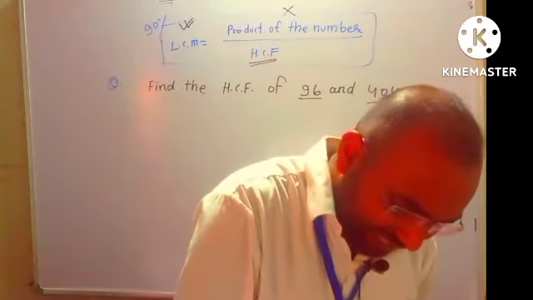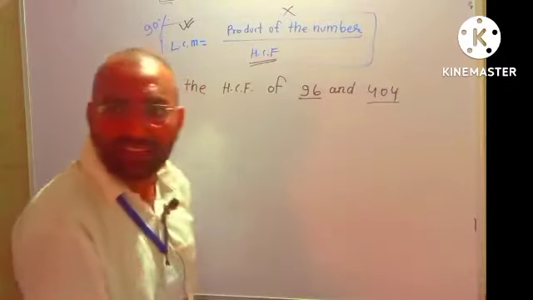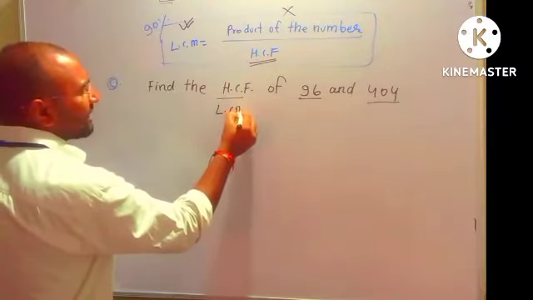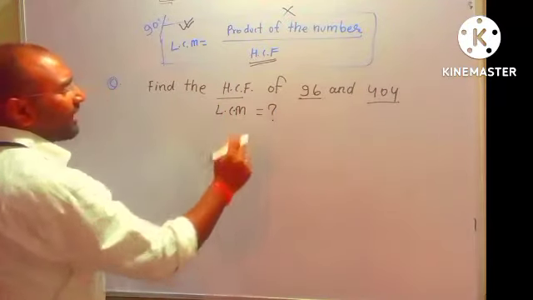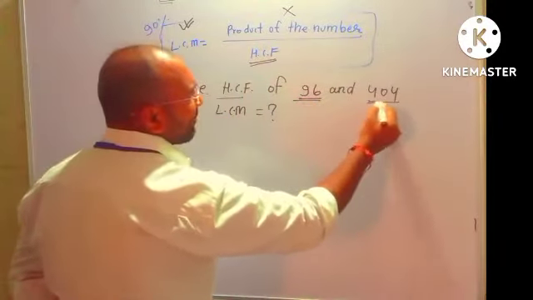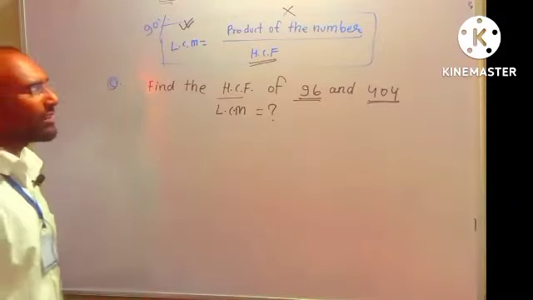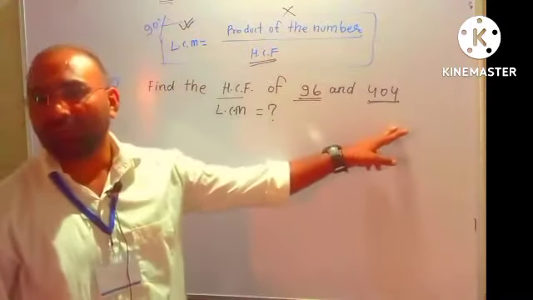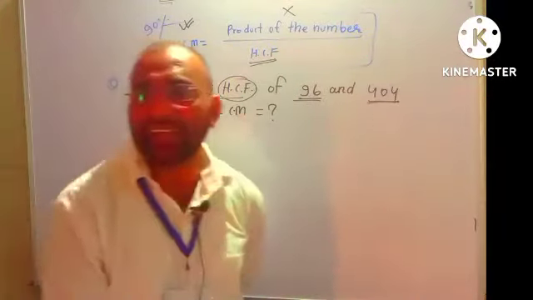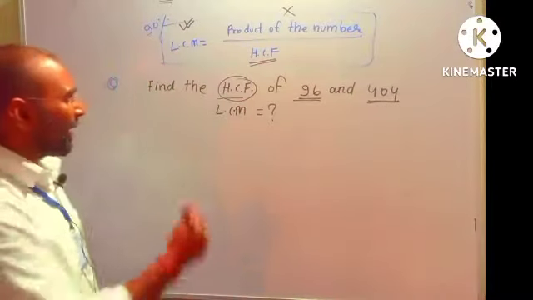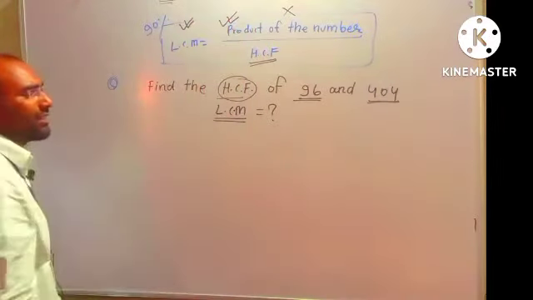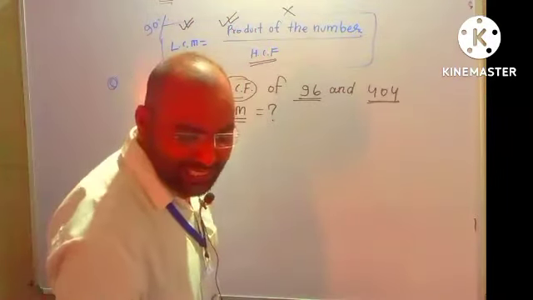इन दो numbers का क्या निकालना है? HCF. And after this we have to find out the LCM. उसके बाद इसका क्या निकालना है? LCM. Two numbers are given. First number is 96. Second number is 404. So first of all what we have to find out? HCF. सबसे पहले क्या निकालना है? HCF. And after that we will find out LCM by using this formula. So how to find out HCF? HCF कैसे निकालते हैं?